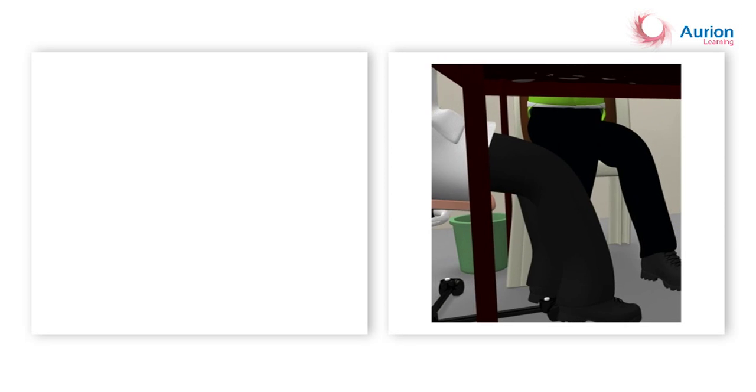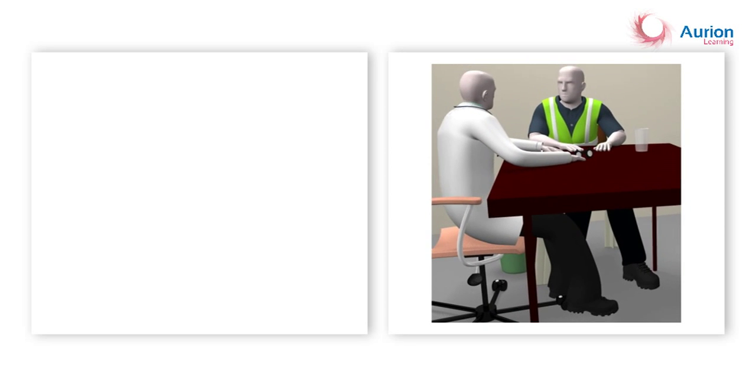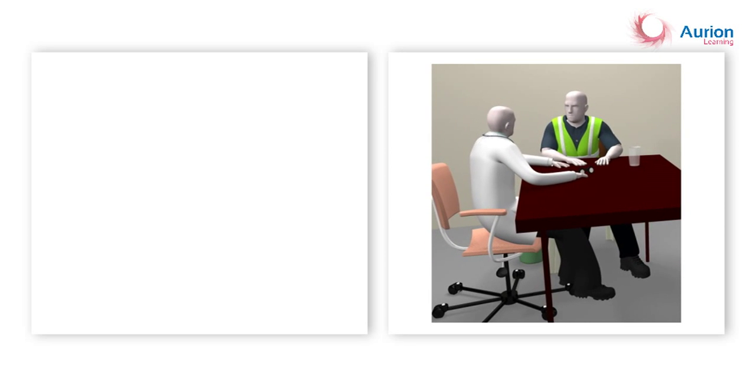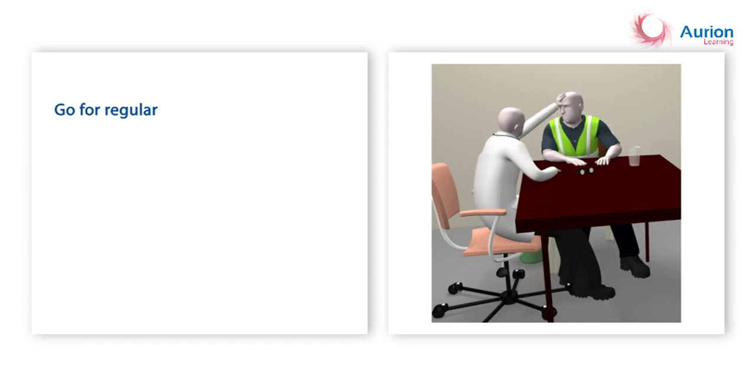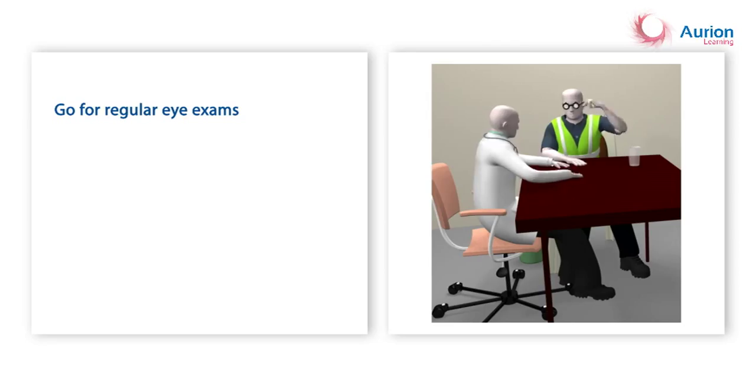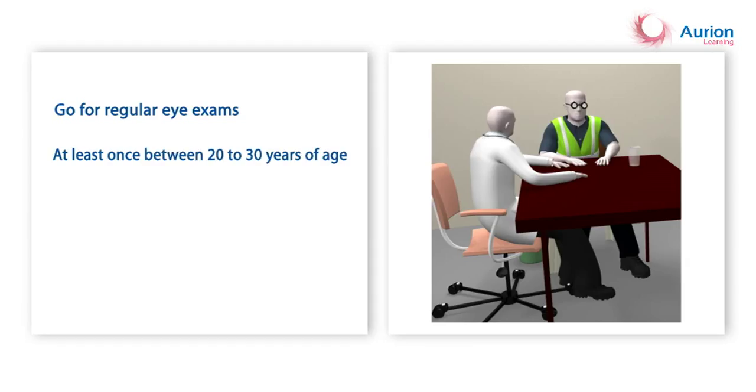5. And finally, very importantly, regular checkups. We need to get our eyes checked regularly so that any problem can be detected and corrected at an early stage. We need to get our eyes checked at least once before we're 30, at least twice between 30 and 40, and every 2 to 4 years after we cross 40.